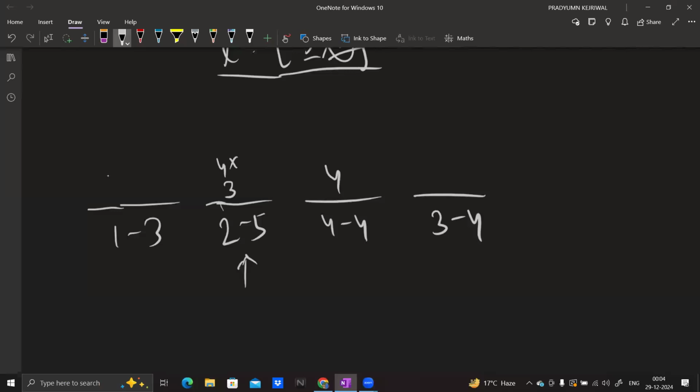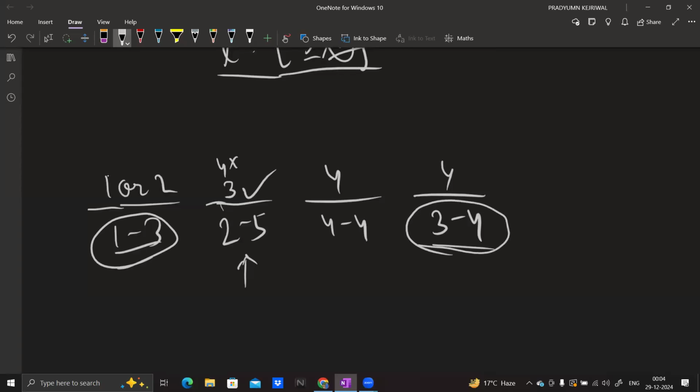Even though there are two ranges which have 3 in them, 1 to 3 and 3 to 4, that doesn't matter because they have other options. This one has the option to give 4. We can give 4 to this one because it has an option. And we can give either 1 or 2 to this one. So definitely we can give 3 to this one. That's what I'm saying: all of these ranges which are not a single element, if the length is greater than 1,